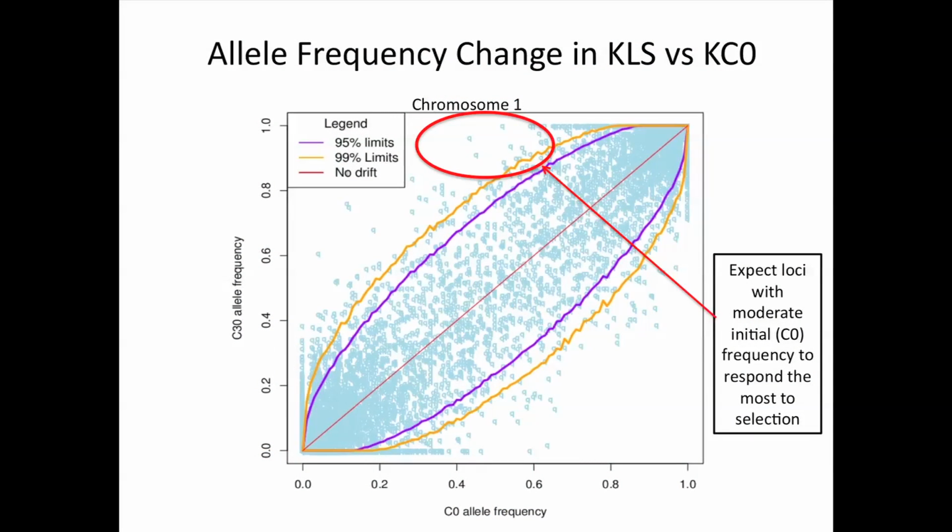For genes with more of an intermediate effect, you'd expect within a population selection program that genes of intermediate effect and intermediate allele frequency would be more likely to change, and so we're hoping to see things up in this area that would show a response to selection. And there's some candidates up there, but not a large number of things that showed a significant response to selection. And you can see that there's some targets that we're sorting through now in all these areas.